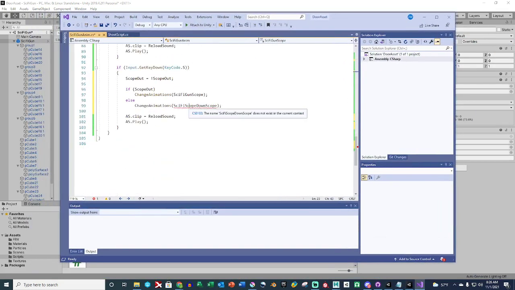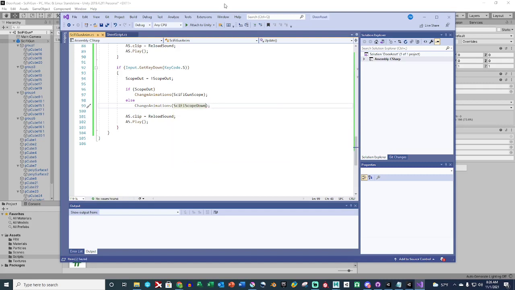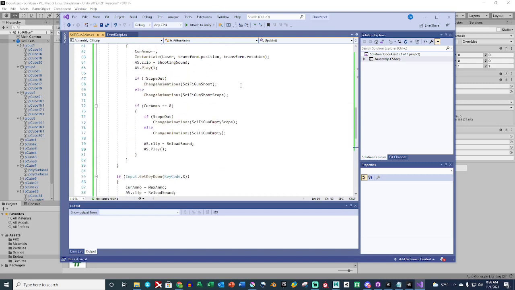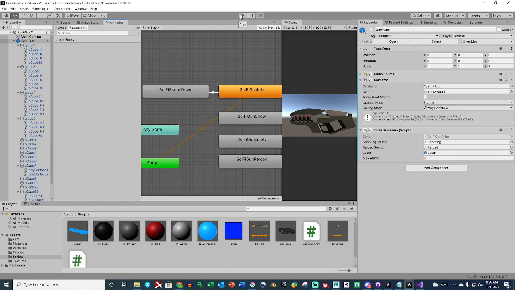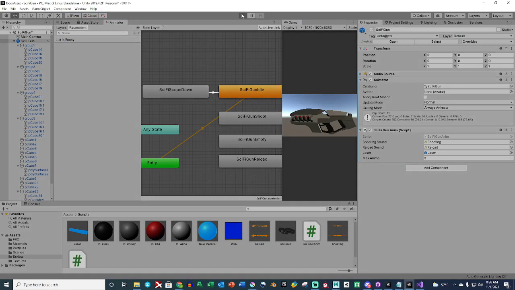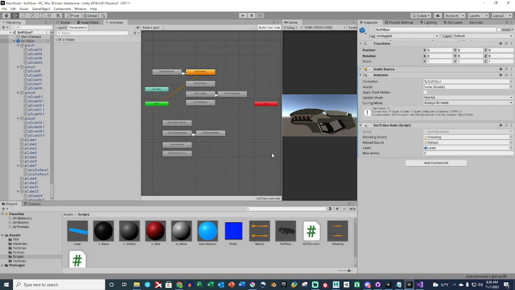Alright, so this is going to be called Sci-Fi. I think that's just called scope down. So, let's go ahead and test this. And I probably should have a full animation for reload instead of just empty, and I'll explain why here in just a second. Okay, so the reason that's going on is because it's looping, so what we need to do is we actually